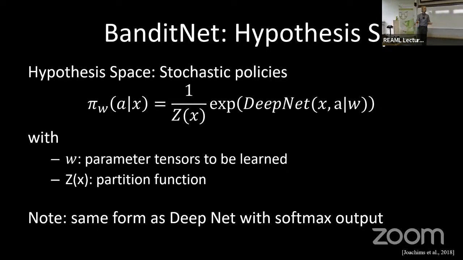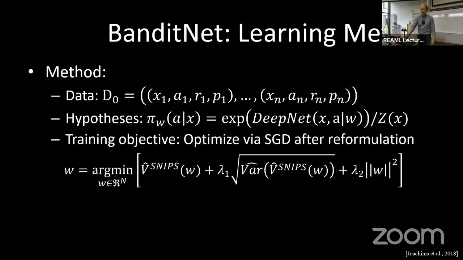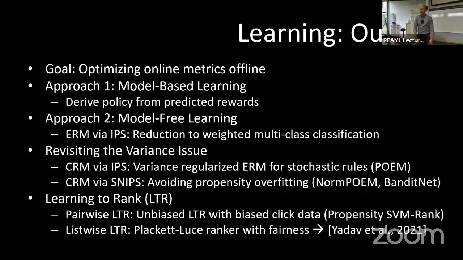Typically what people ask at this point is, can you do all of this also with deep networks? Yes, you can, right? You just take a deep network with a softmax output. That's a policy. That's a stochastic policy. And everything that I've done here, you can just as well do with any deep network, or any other differentiable model that outputs a probability distribution. So you can also do images and things like that with that. All right.